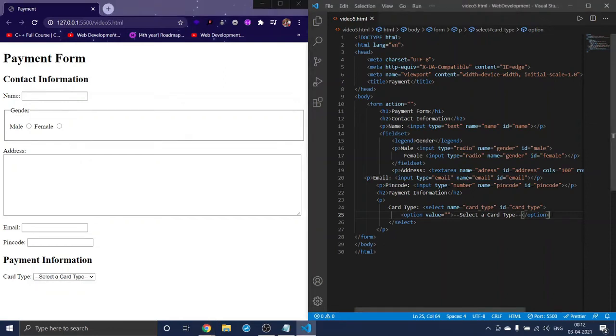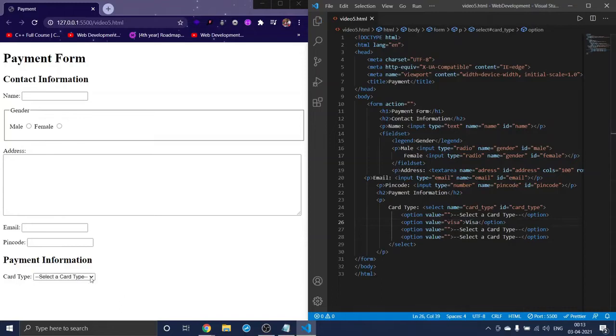So what I will do is, I will copy and paste the same thing, and here I will change the values, and I want the first card to be Visa, and I will give the value which is Visa. This is the thing which will go to the server, this is the value of this. This is the thing which our drop down shows here.